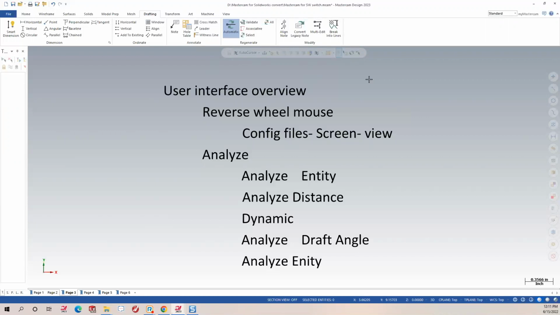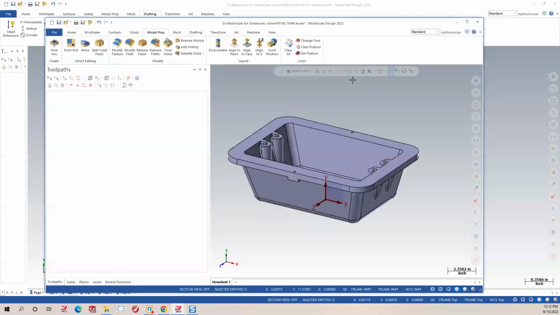There's a lot of stuff to cover in an hour, and we'll do what we can to get through as much as we possibly can. So one thing about the way Mastercam works and working with multiple parts, SolidWorks would open them in the same screen and dialog box. Ours works more like Microsoft Word,